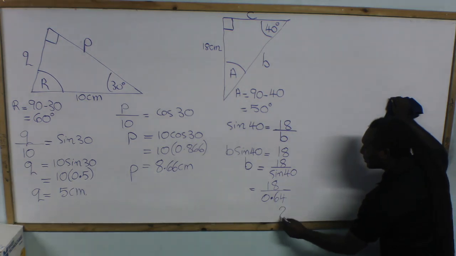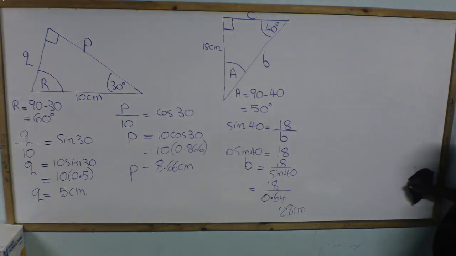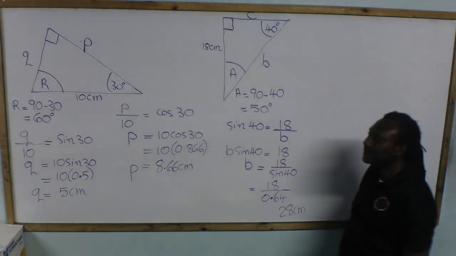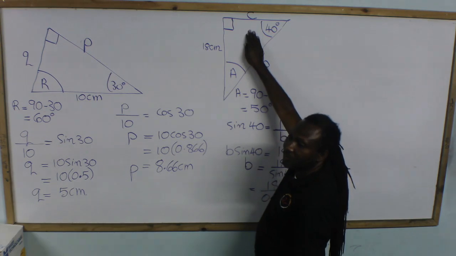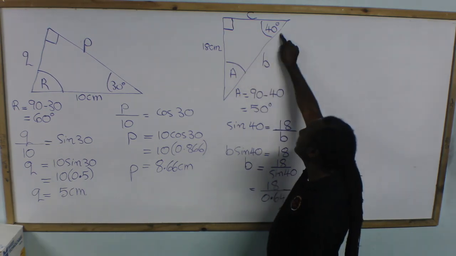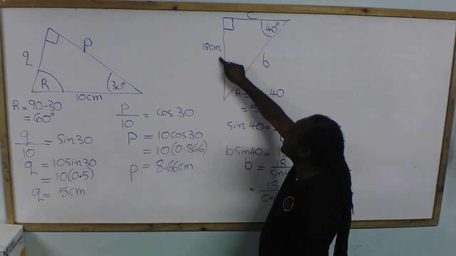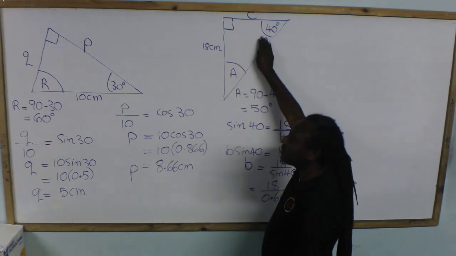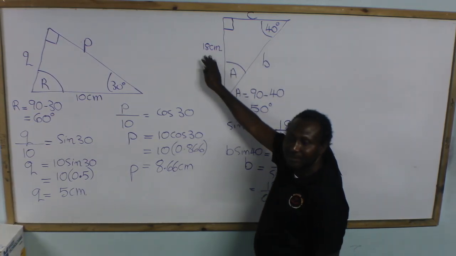Read that? Okay, 28. And we are about to find the C. We have the knowns, 40 degrees, 18 centimeters. We have discussed the 18 centimeters relative to the 40 degrees, and that we call the